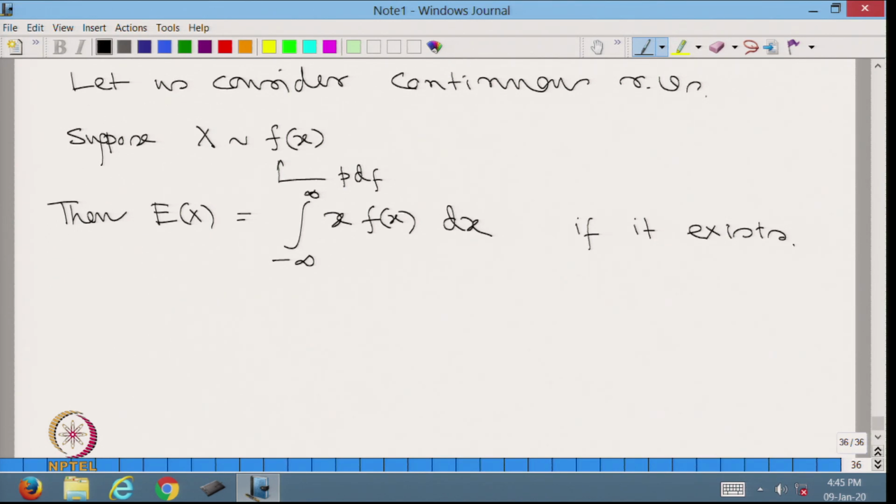There may be random variables for which the expectation does not exist. We shall show some of them later, but let us now illustrate